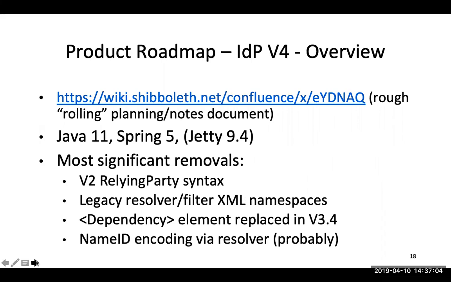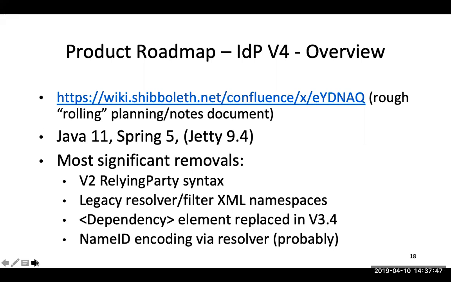So in terms of our roadmap for V4, we do have a link there to the wiki. We have a bit of a rough planning document that is not very readable, but it's the closest thing we have to a formal planning document for V4. It's really just a staging area for things as we move them into Jira and formally tag them with the right version, so that they're actually tracked as a work item for the next release. So there's a lot of stuff about what's being removed and what's being added, and we have not yet opened a documentation site for V4, which is essentially a clone of the V3 site, but we already have that built, and we're starting to make changes to it as we make other changes.